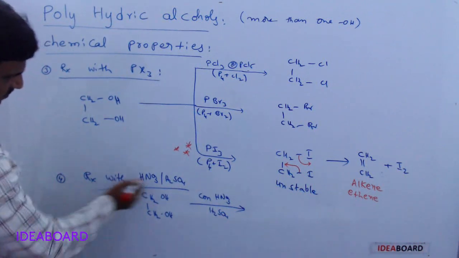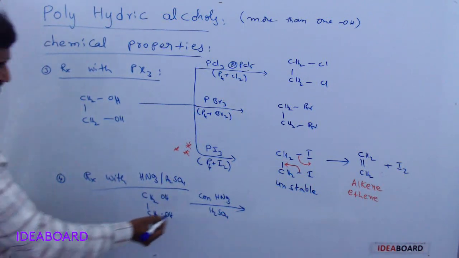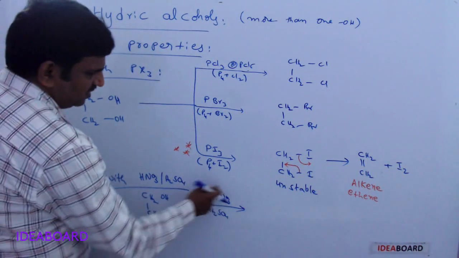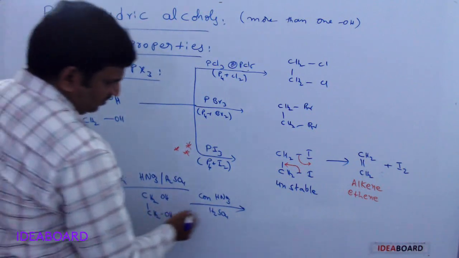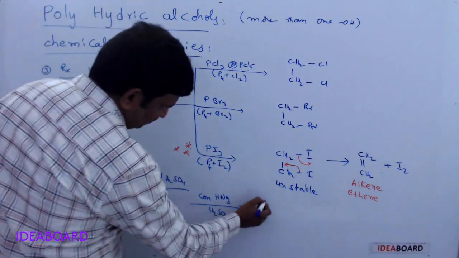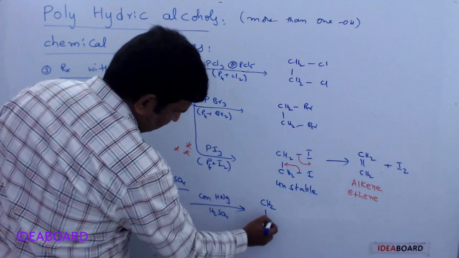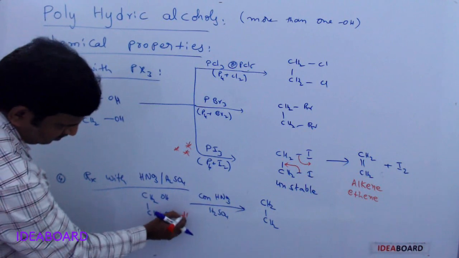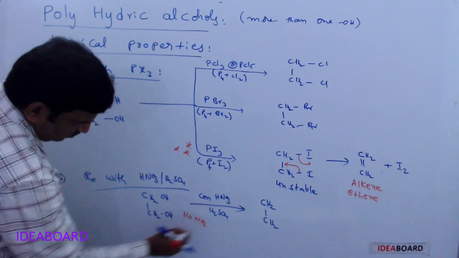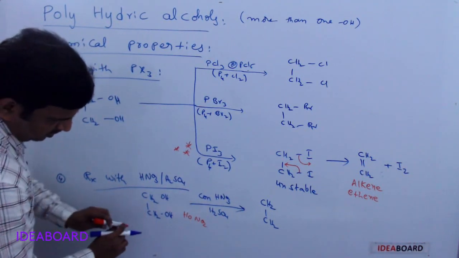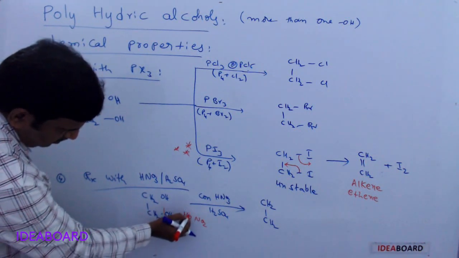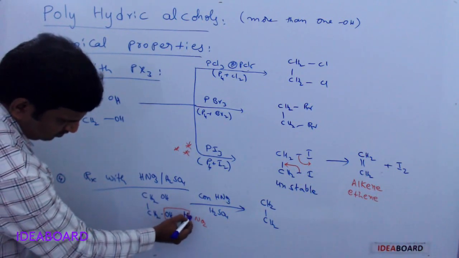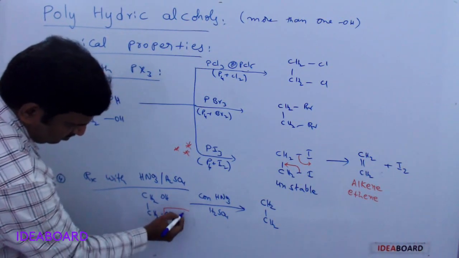Okay, next, reaction with HNO3 and H2SO4 mixture. Concentrated nitric acid and sulfuric acid mixture is called the nitration mixture. We know that, and because of the nitration process, what happens to CH2 and CH2? Here the nitration mixture means HNO3, I am writing HONO2. From this you can remove the OH group, and the H from the glycol. So HNO3, this is HNO3, OH, right?